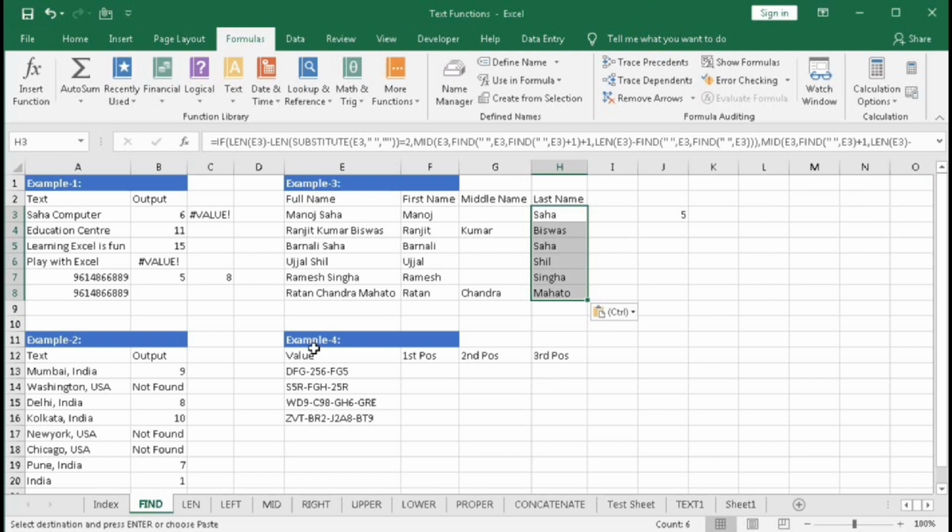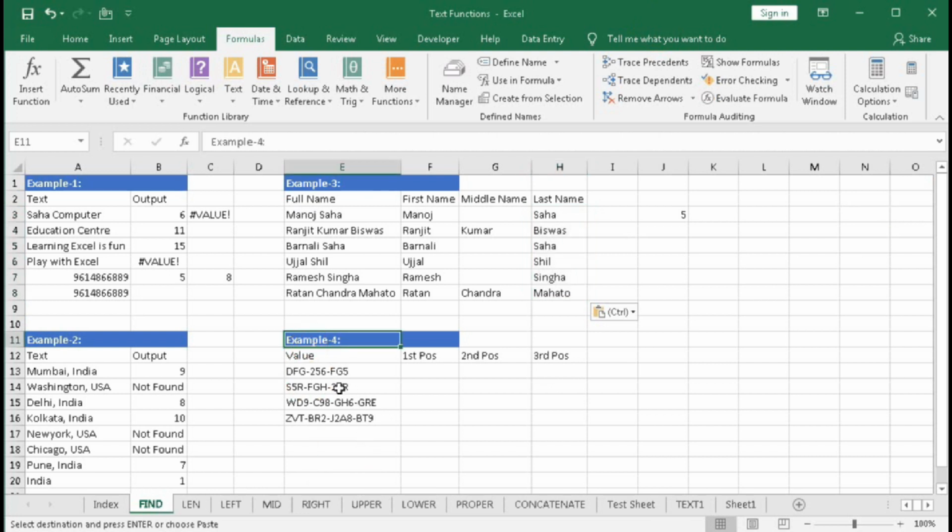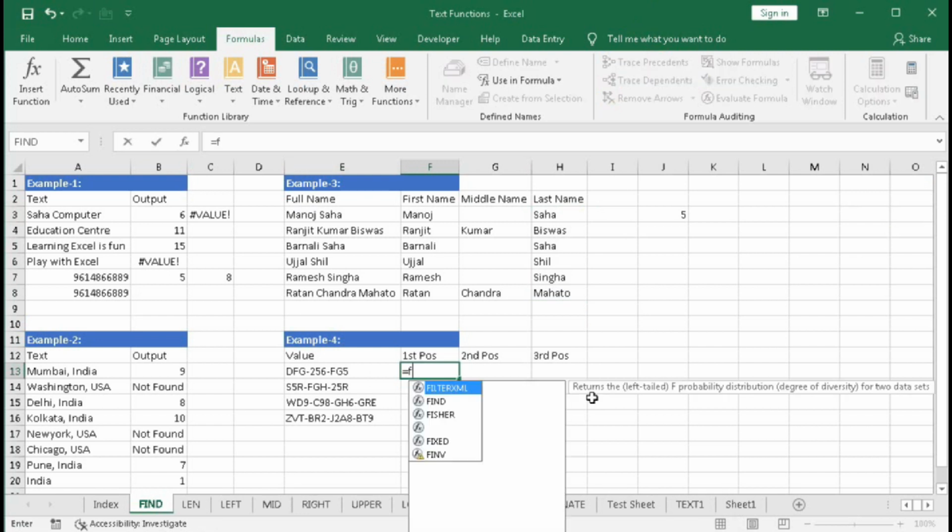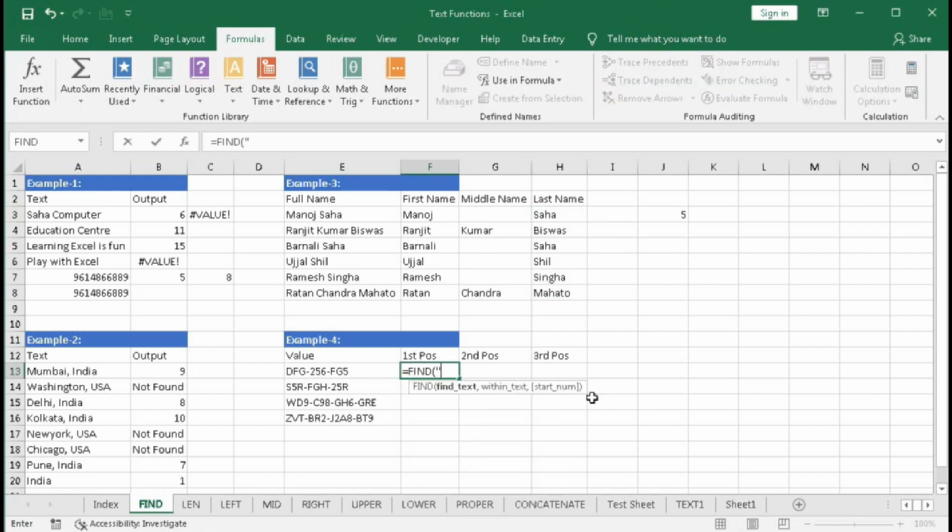Now we will understand the fourth example. That is, we will find the first position of the dash, second position of the dash, and the third position of the dash. So here equal to FIND, within quotation, dash, comma, within text this cell, comma, starting number, you can put 1 or you can keep it as blank, bracket close, enter.